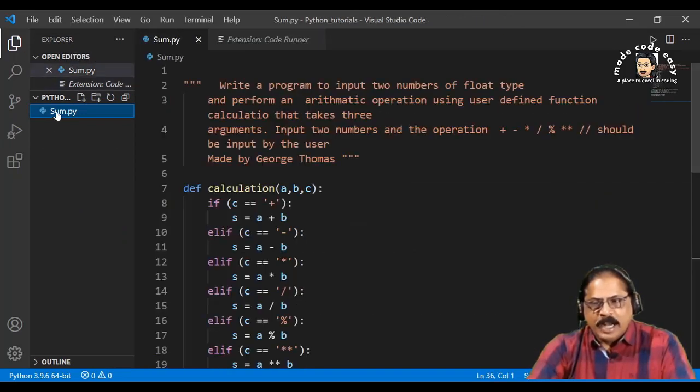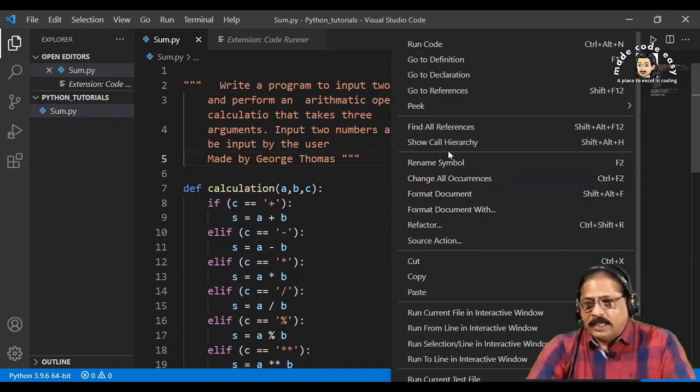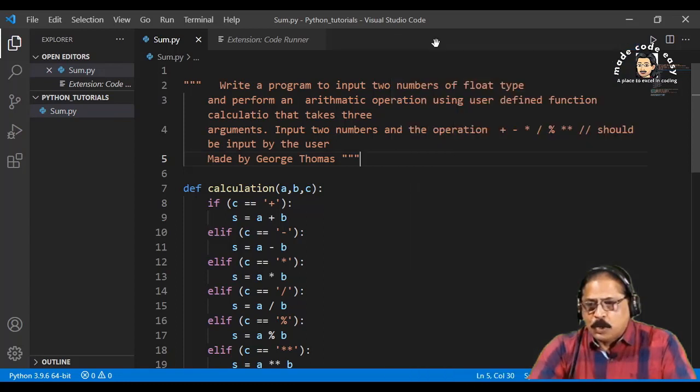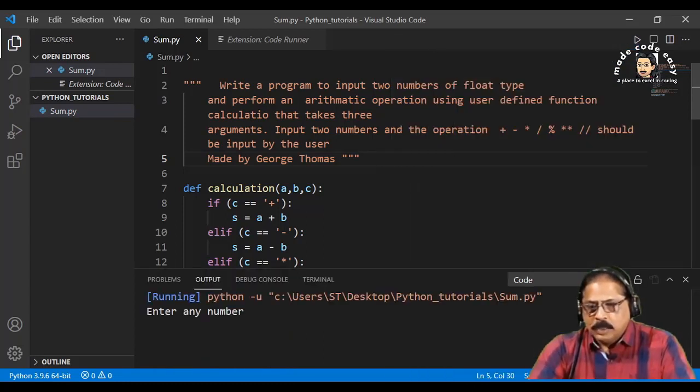This is my program. Sometimes when you're running your program, it will not execute. You have to do a few settings. Just like this, if I write run code, it's running in the output window.